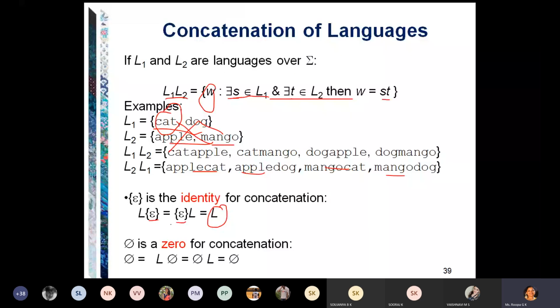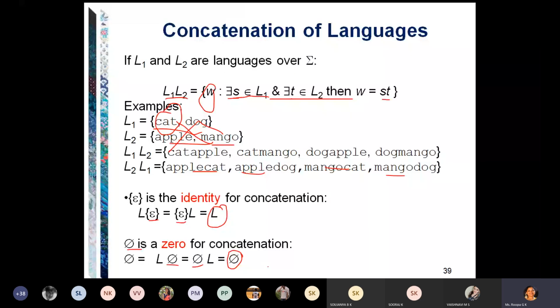Similarly, one more thing, pi. What is pi? It is the empty language, a language consisting of nothing. So it is called a 0 for concatenation. Pi is a 0 for concatenation. That means, in a similar way to the previous case, pi equals L concatenated with pi, or pi concatenated with L. The answer is pi only. Please remember, it's not L. For epsilon, we can say that it is L, but for pi, it is pi only, meaning 0. These are the two important points with respect to concatenation.